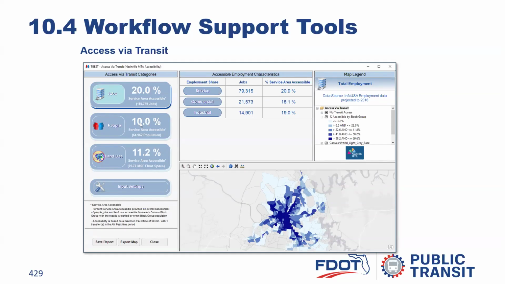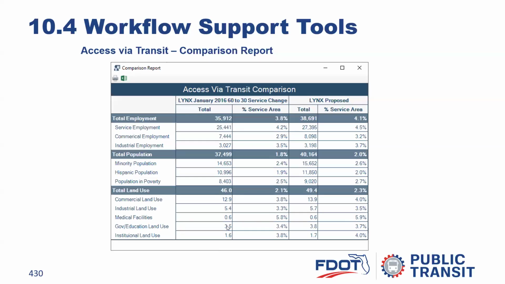So on average, for this is Nashville, you can get to 20% of the jobs on average for a service trip, and 10% of the people and 11.2% of the total land use on an average trip for the system. Now, at the individual block group level, that can be much higher, but on average, these are the averages for the system. And again, you can compare these out,